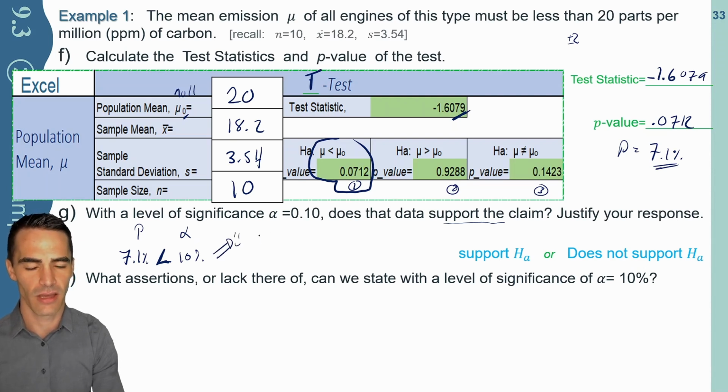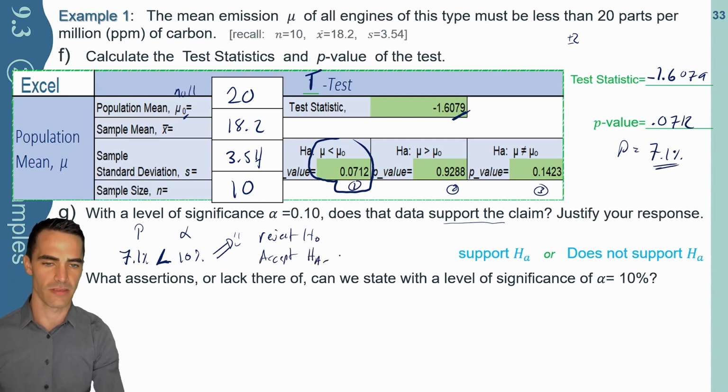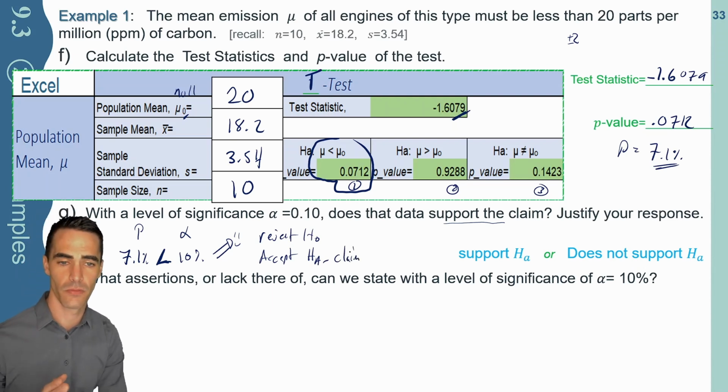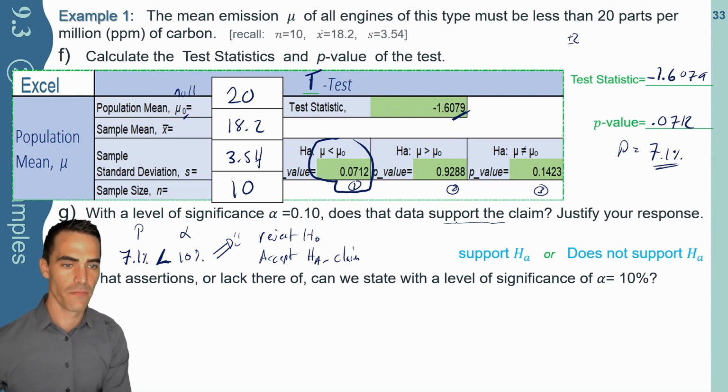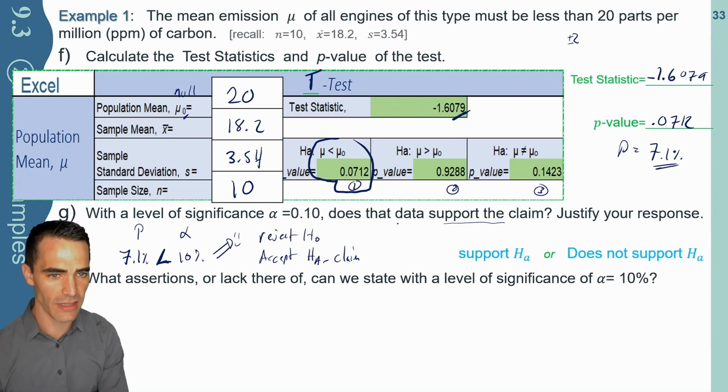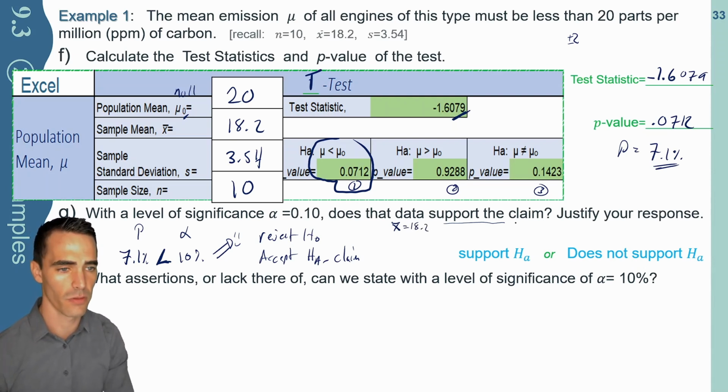Again, happy days. I get to reject the null hypothesis and accept our alternative hypothesis, our claim, which is what we set out to do. Fantastic. How does that relate to supporting the claim? Well, again, to support the claim or the data, this is talking about the sample mean. The X bar we got was 18.2. Does this 18.2 support the claim